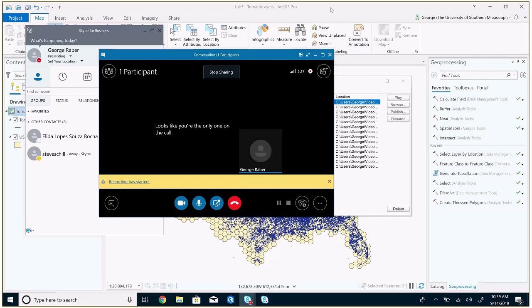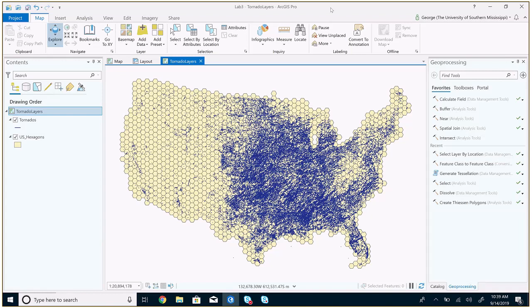I'm making a short video regarding the last part of Lab 3, where I asked you to create a separate map showing the tornadoes aggregated into these hexagons by month and look at the pattern. This is for two different reasons. First, I didn't adequately explain doing the model. Now, you could certainly do the model without the information that I'm going to present to you, and it would work just fine. But